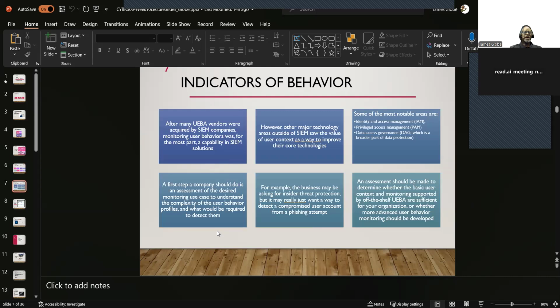This just talks some more about, after many UEBA vendors were acquired by SIEM companies, monitoring behaviors had become a part of a standard feature of SIEM tools. So if you're doing your term paper on a SIEM product, this is good information for you. Some of the most notable areas identify that